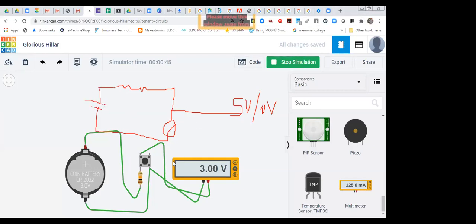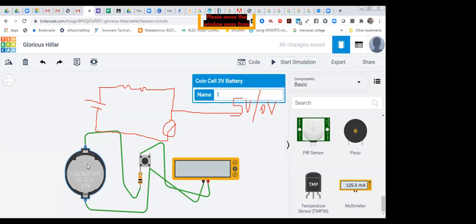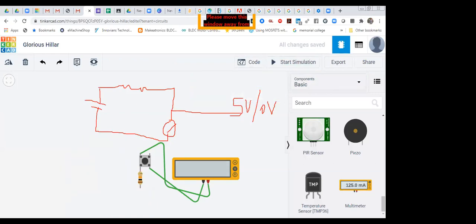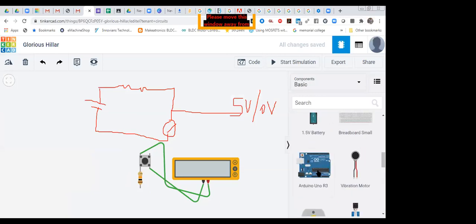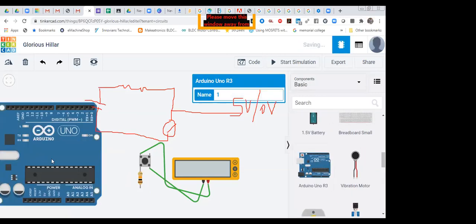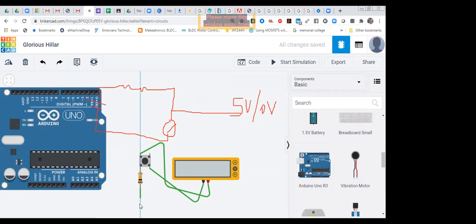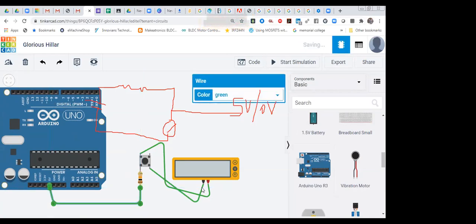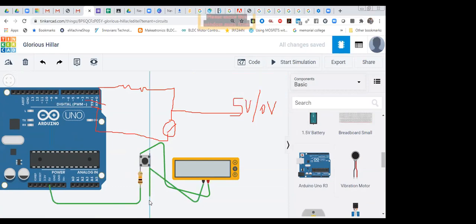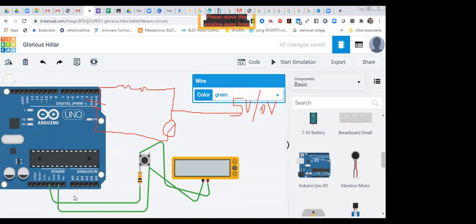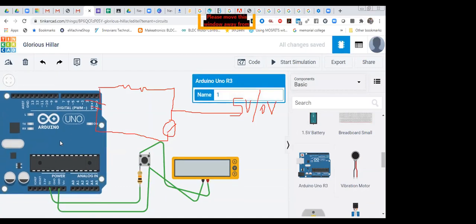So over here, this one is my pull up and pull down. The same circuit we have to use with the Arduino. Now I'm going to use that circuit with the Arduino. We just have to replace that battery, connect the Arduino board over here, and read that high and low signal from the push button. Now this one was connected with 5 volts, so I'm going to connect it with 5 volts. And this terminal wire connected with ground. So I have connected it with ground. Yes, that's all. Just 5 volt and ground I have connected with my Arduino.